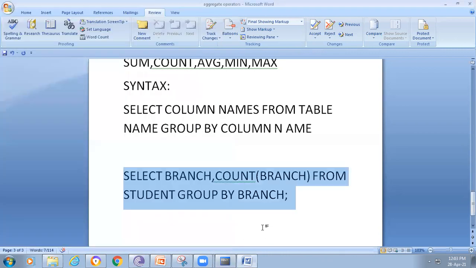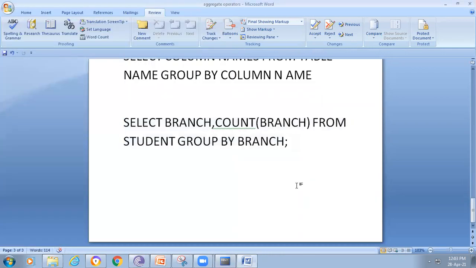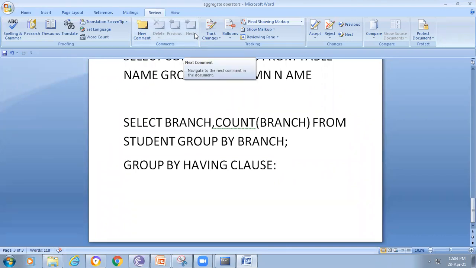Another thing is also there, which is referred to as having, group by having, or directly asking the having clause. Better you try to remember this group by having. From the exam point of view, this question is asked a number of times. Most of the members confuse this. They don't know how we use group by and how we use group by having. Because a small confusion is there, I will try to explain simply.